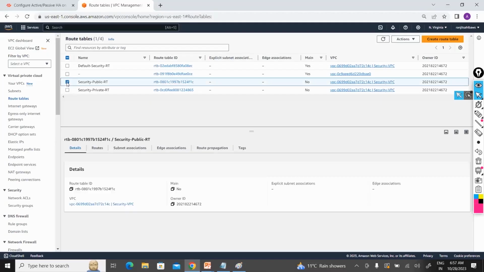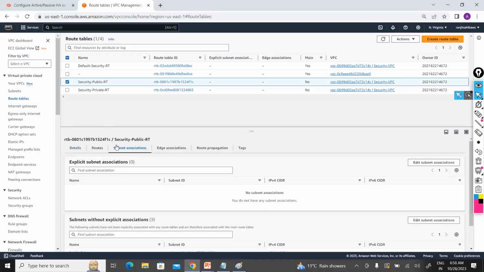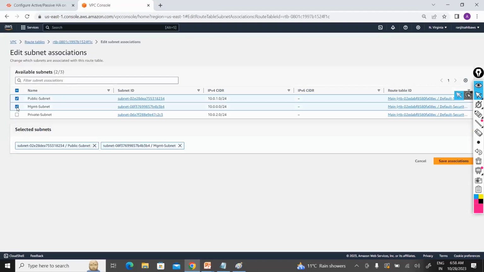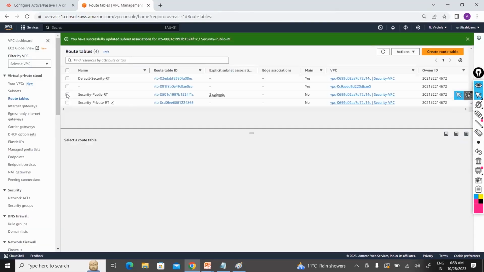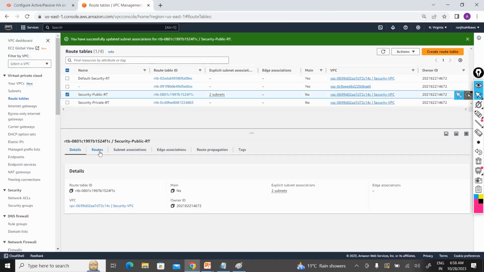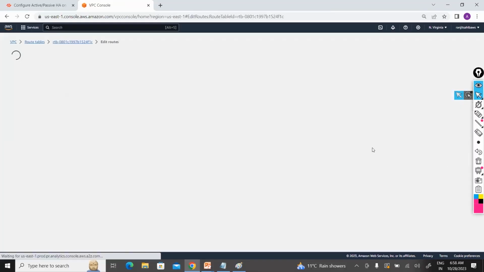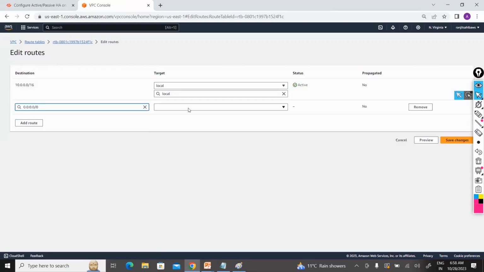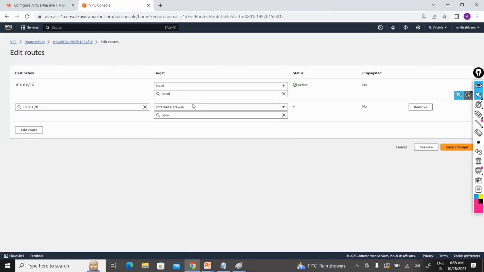So let's go to that public routing table, right? In that public routing table, I go to the subnet associations, which subnets should be covered in this routing table. So edit, I will use my public routing table for my public subnets and for my management subnets. And in the routing table, I will click on edit, right? So I will add a route for the internet. It should go to the internet gateway,